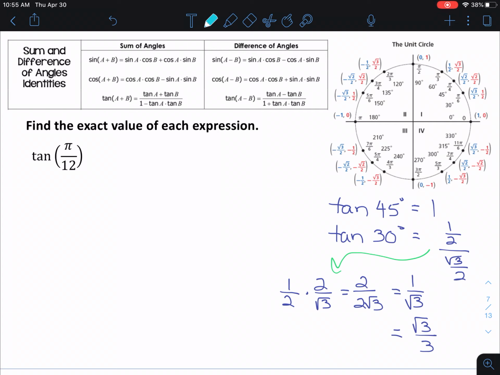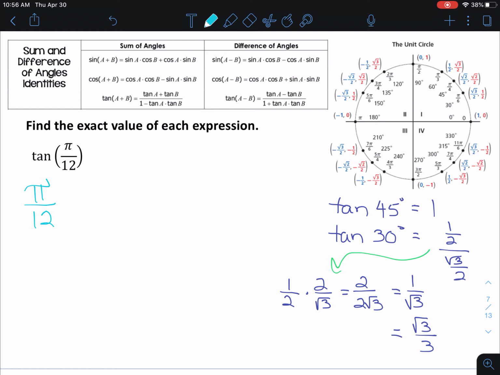So if it's kind of hard to navigate fractions and adding and subtracting and figure out what equals pi over 12, what I would suggest you do is actually convert this to degrees and then figure it out. So it's a little bit easier then. So the stuff on the right, ignore that for now. I just did some extra figuring ahead of time. So I'm going to convert this